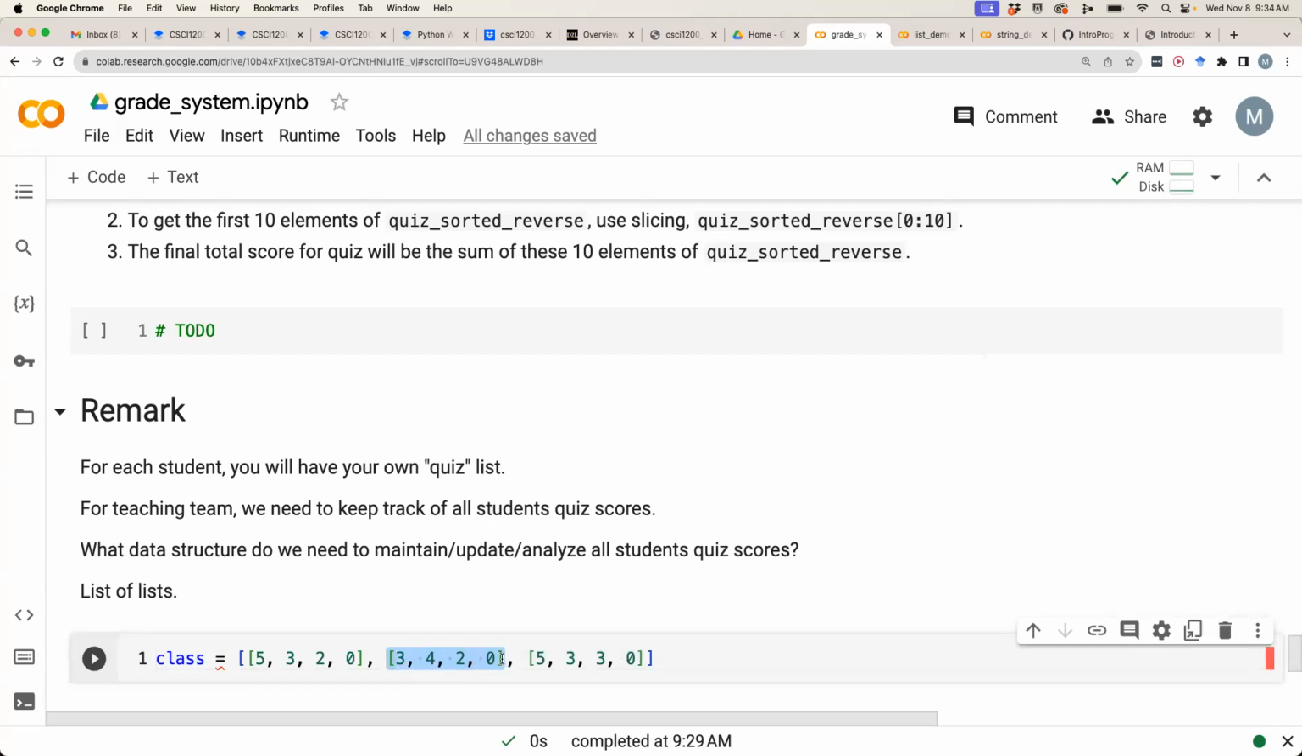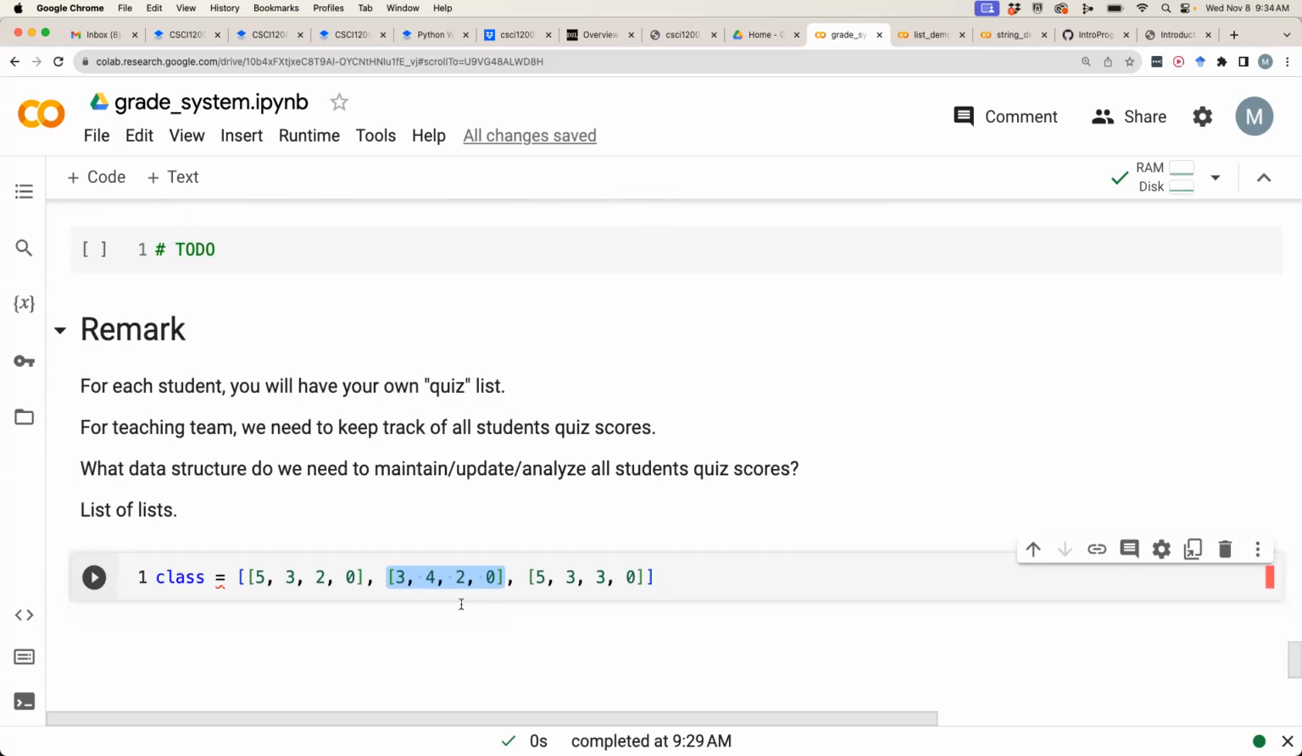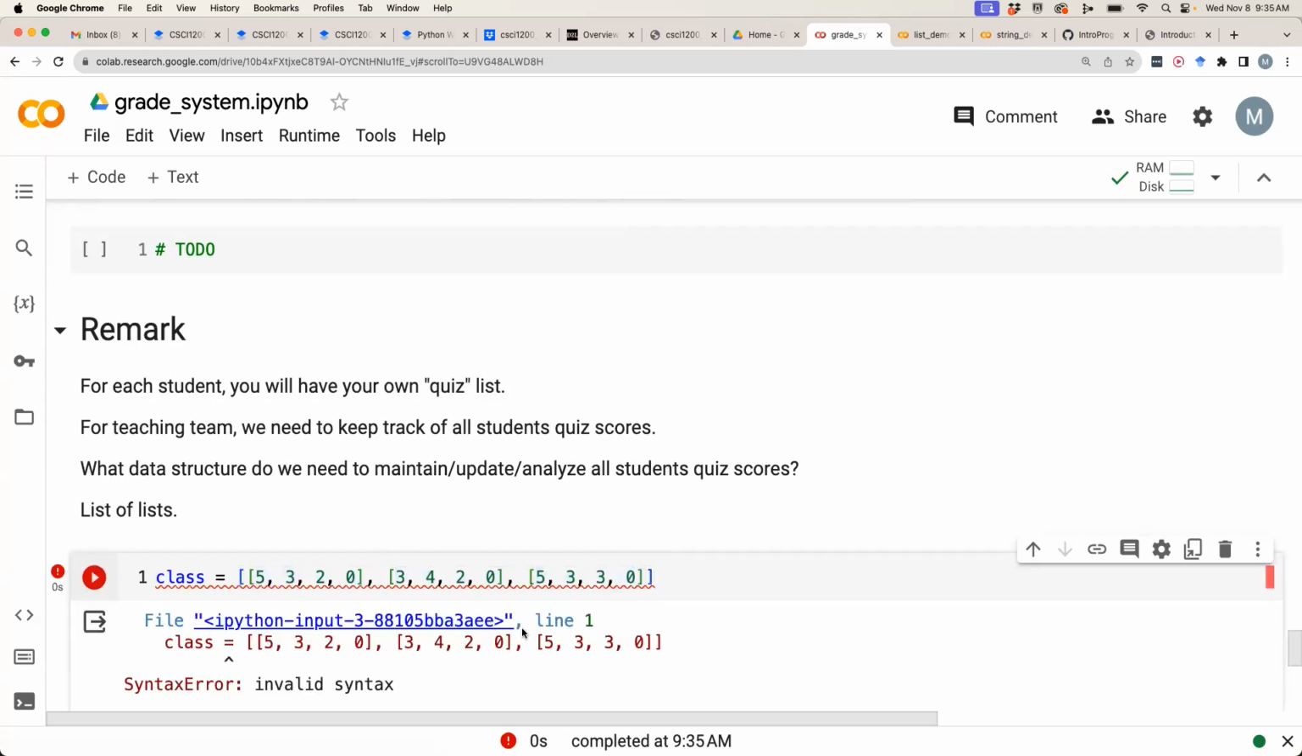It's nothing new. You know exactly how to deal with a list of lists, because you just treat each of them as an element. Each individual element is just a list itself. You know everything about lists that you need to do this problem. Just think of this as the first element, this as the second element, and this as the third element. So if I run this,